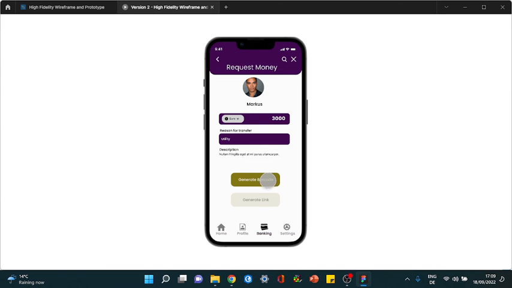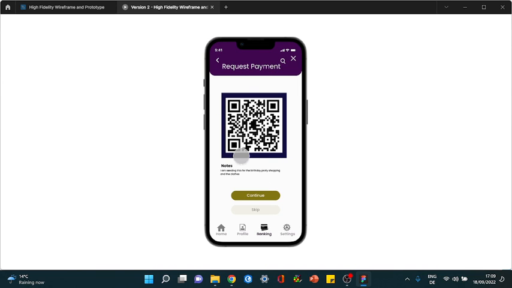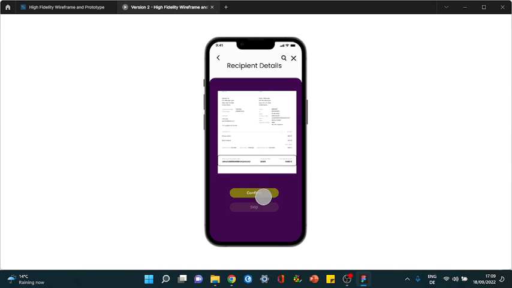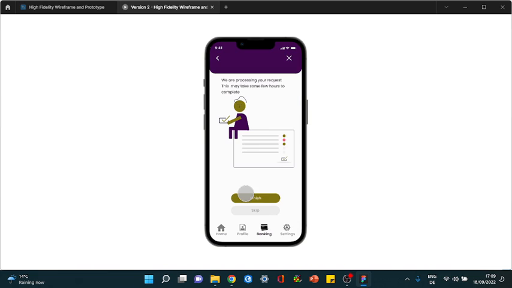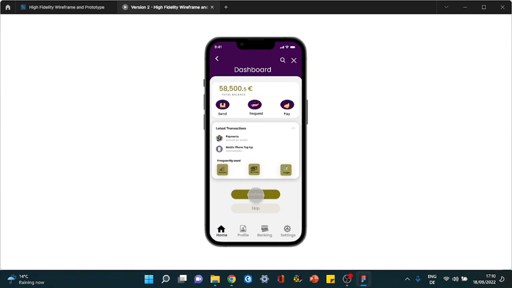So let's try that. I want to request money from customer A. So I'll generate the barcode. It gives me this barcode that I will just have to send to the customer. So if I click continue, I would also have to confirm that all my information is accurate and the amount is accurate, then the person will just have to send my money to me. And if I'm done, then